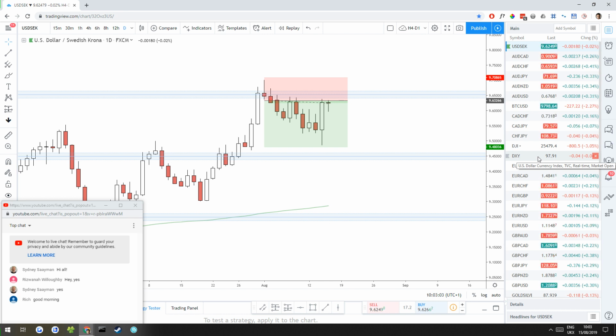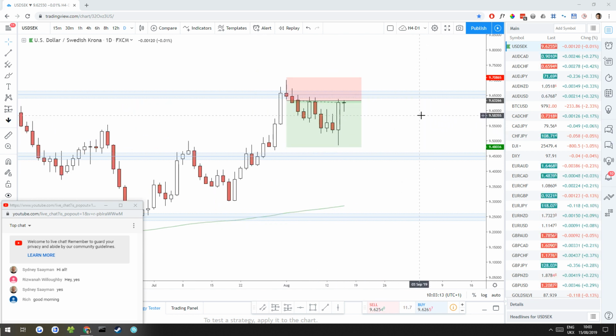Just a mix of summer trading, which is usually pretty slow, and also all the stuff that's going on with the US and China is making trading really, really difficult at the moment, at least on the higher time frames. There's some stuff happening on the lower time frames, but